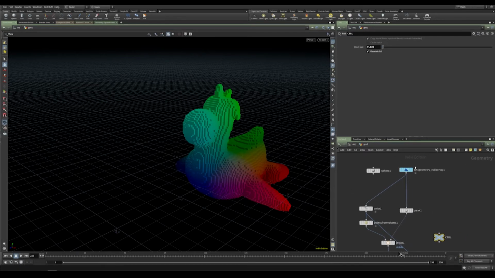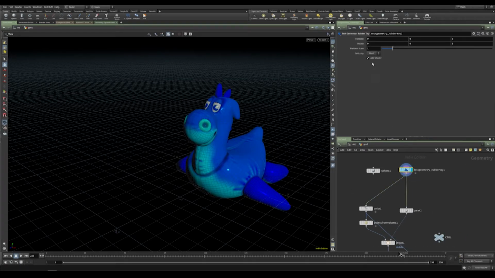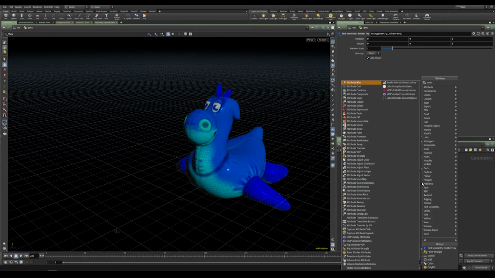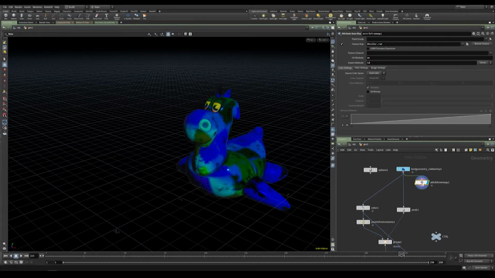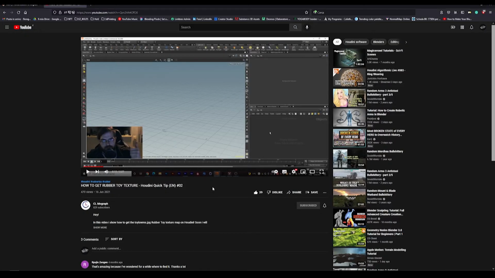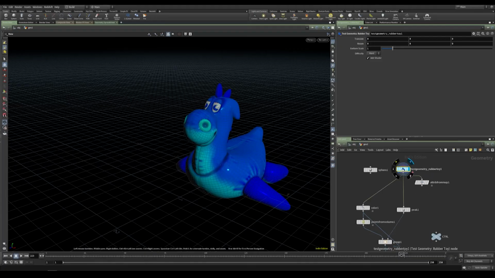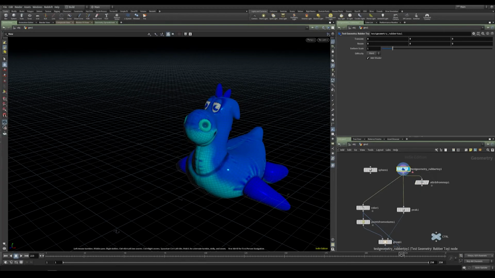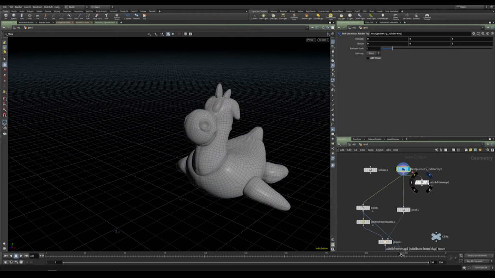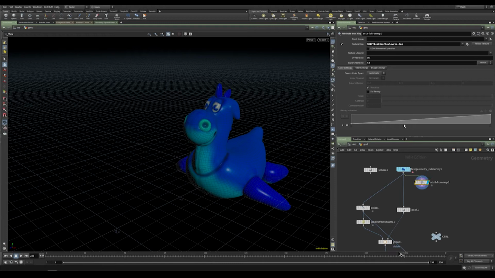And if you have something with a texture instead of a point color, we can use something like attribute from maps. And we need the texture. So I needed to watch a tutorial to discover how to get this texture in a file, because I wasn't able to find it. I will point this video into the video description so you can save this image. And basically you disable the shader from the geometry and you select the texture in the attribute from map texture